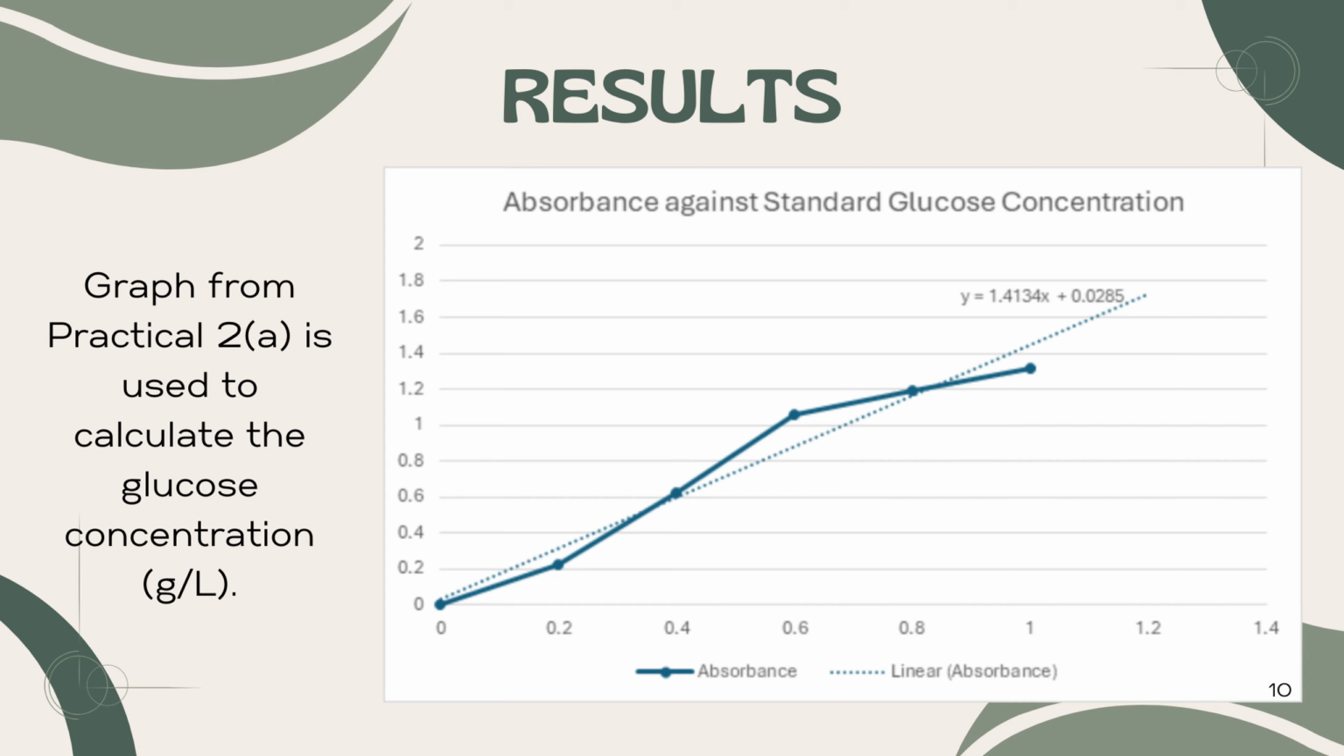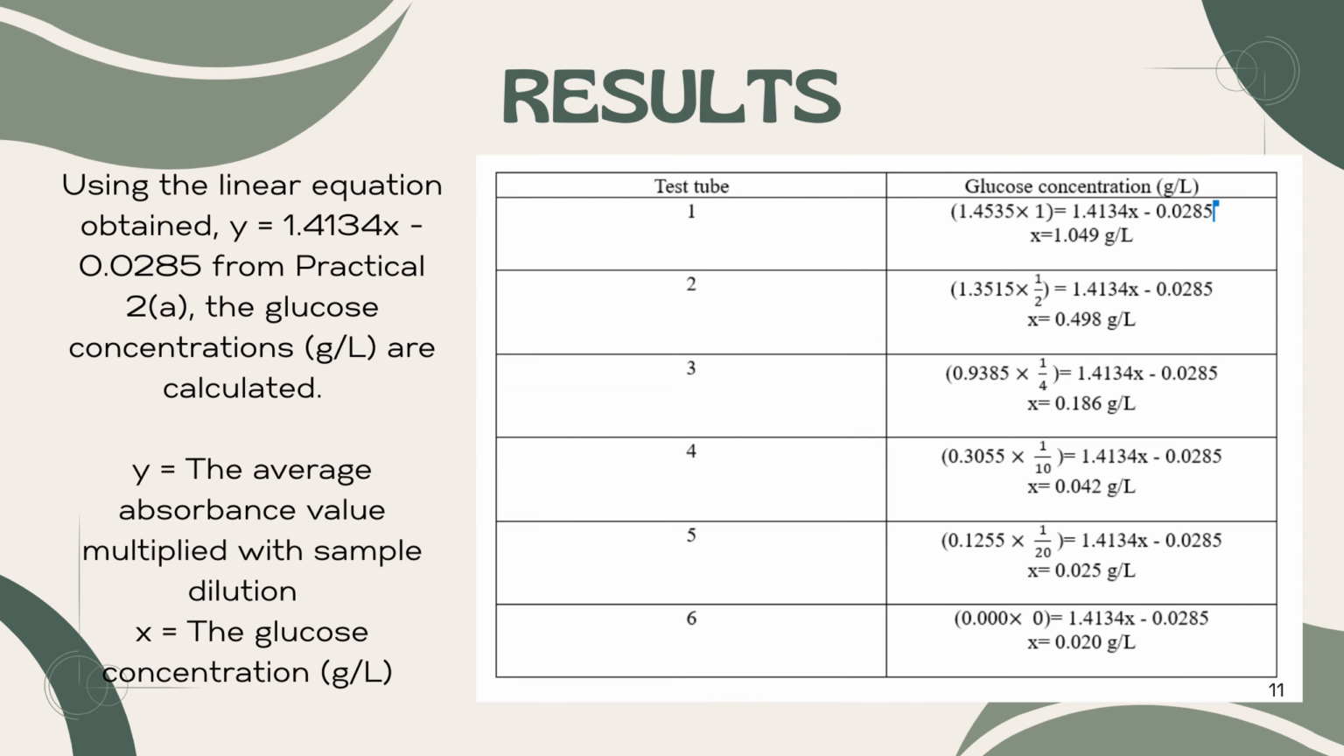Next, the absorbance of each sample was measured at 575 nanometers using a spectrophotometer. The absorbance values were then multiplied by their respective dilution factors to obtain corrected absorbance readings. The glucose concentration was calculated using the standard curve from Practical 2A. Using the linear equation y = 1.4134x - 0.0285, the glucose concentration in grams per liter was determined for each